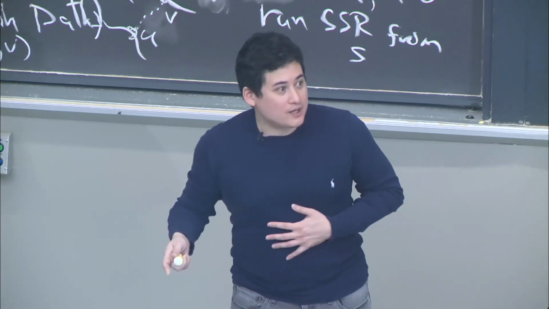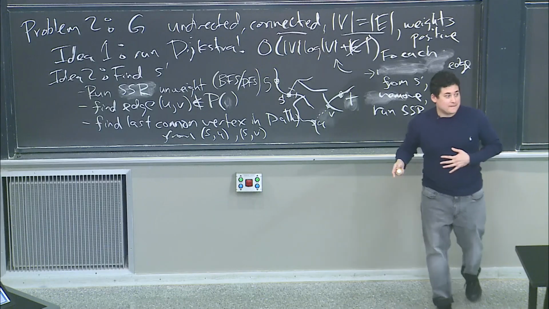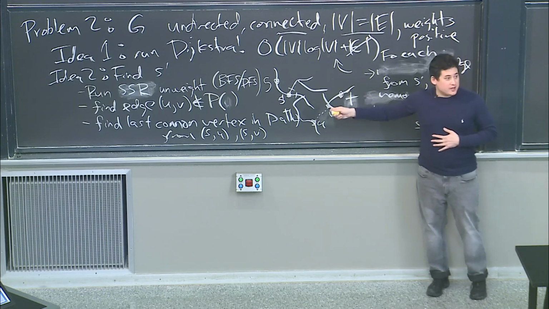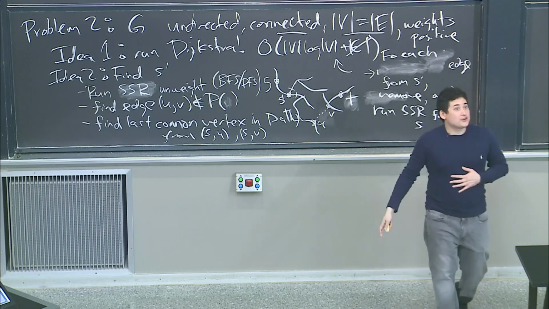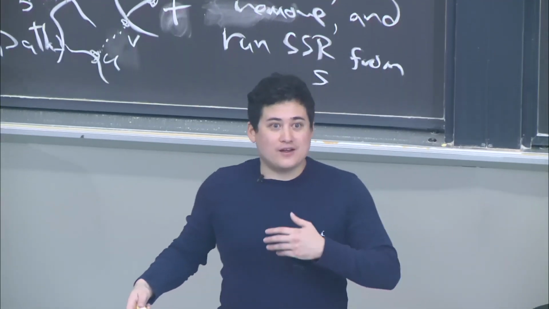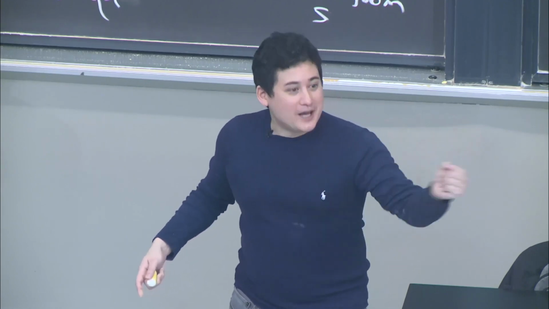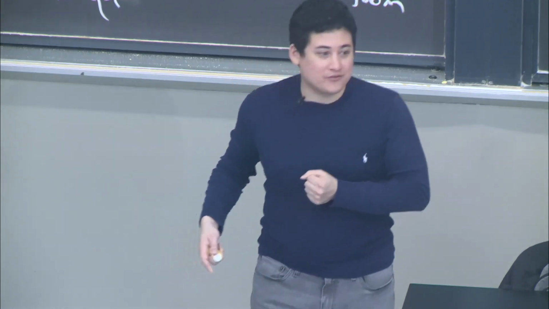How many possibilities would that be? You get a blow up of the degree of every vertex in my graph. The degrees multiplied by each other. That's the number of times I would have to run DFS,